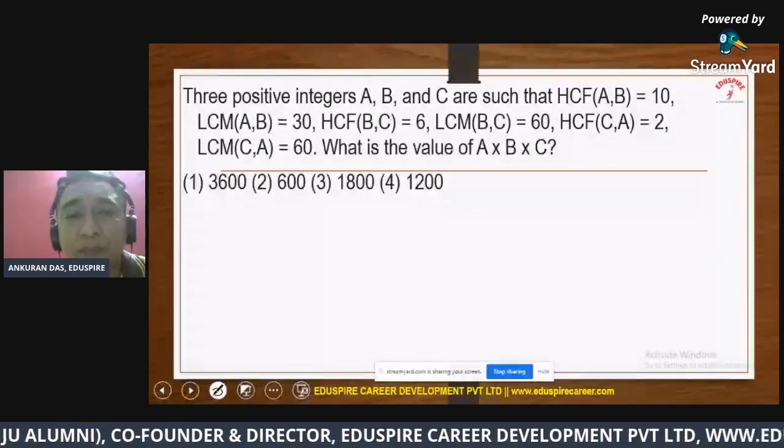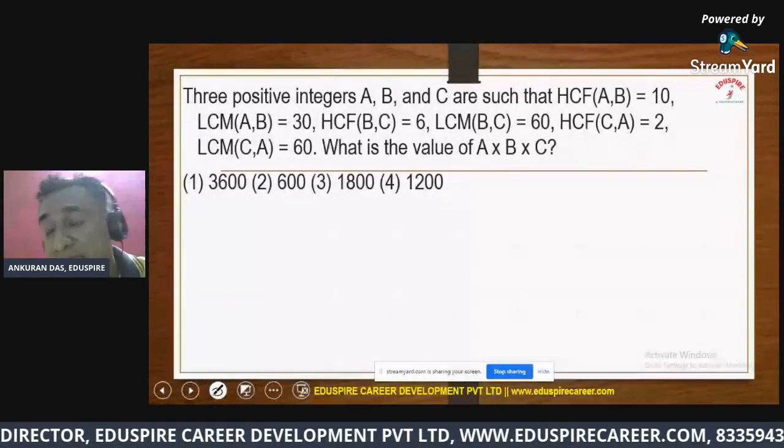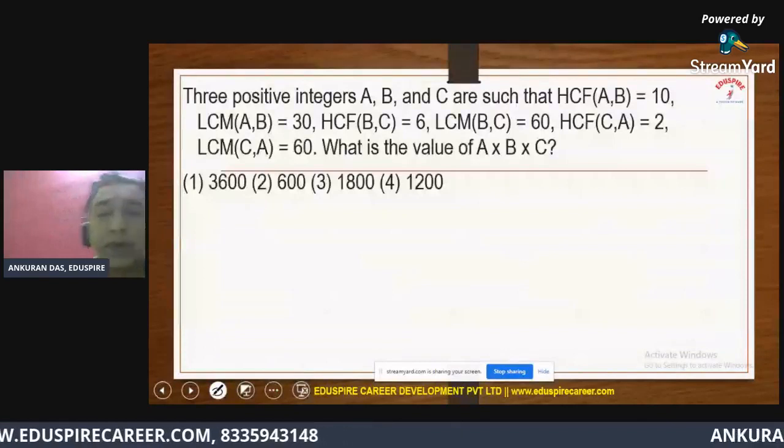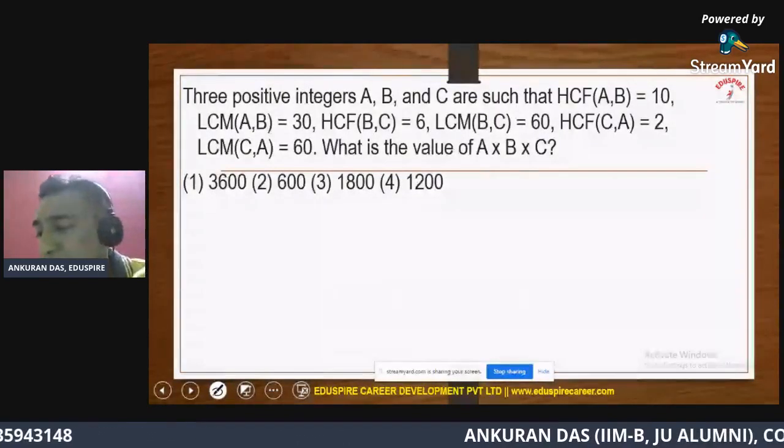So this one is from LCM and HCF. Now let me see if I get some response on this. All right, so if I can read this question, it says,